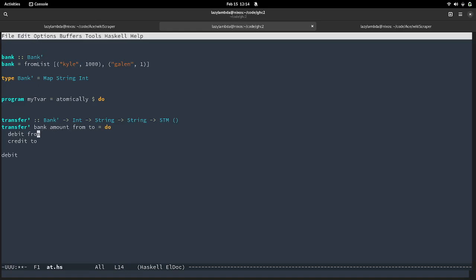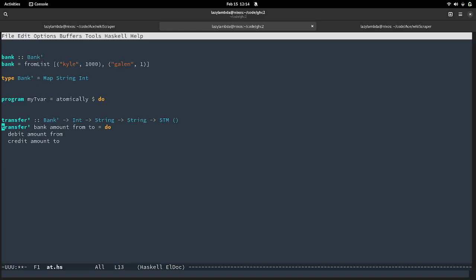Okay. Debit amount from. So if we want to think of them as individual transactions that we want to atomically tie together, this would be how we actually write the high level of it.